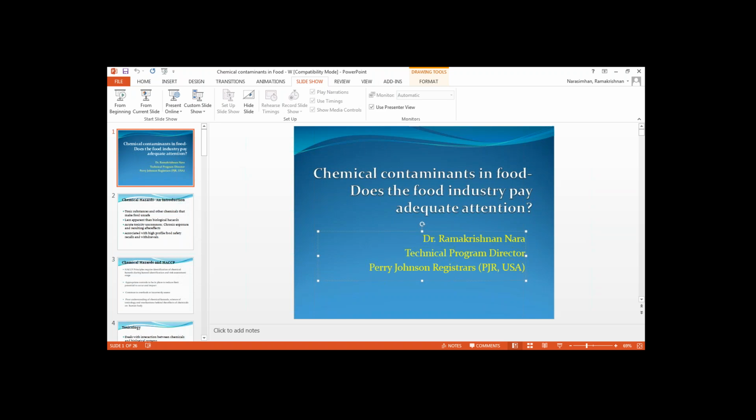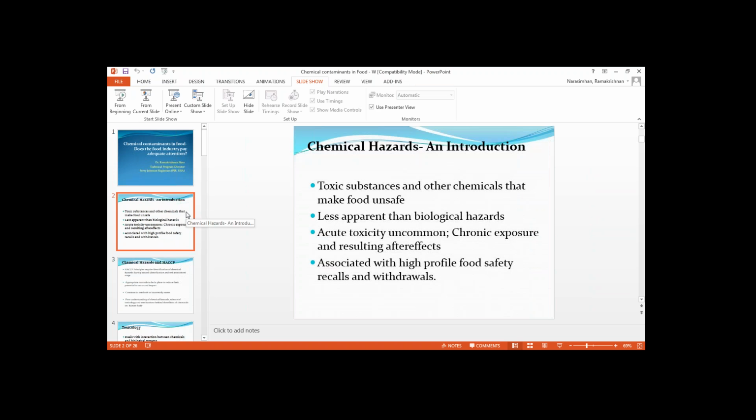The presence of chemical hazards in food is usually less apparent than that of bacteria, or for that matter, other